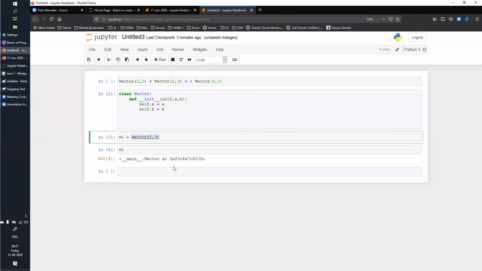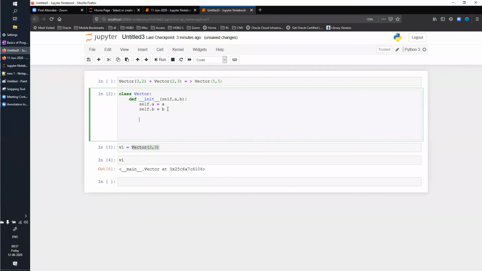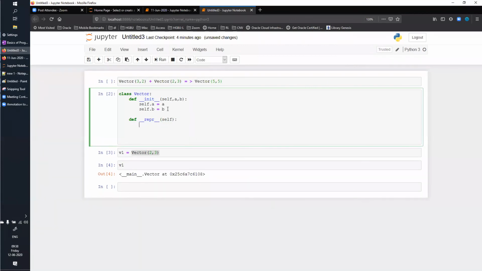Okay, so what you can do is override this functionality, how this will be represented. You can override it by saying def double underscore repr, that is represent, and take self, and then you say return. If I just say Amit, let's say for the time being, I'm just returning Amit. Now let's see what happens.